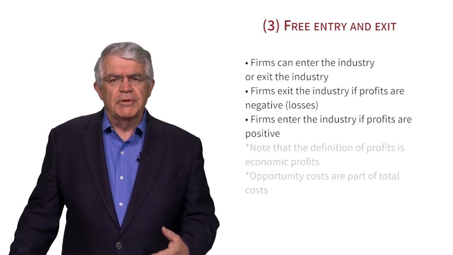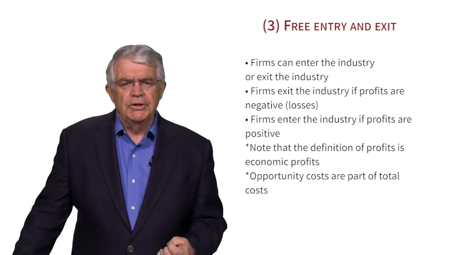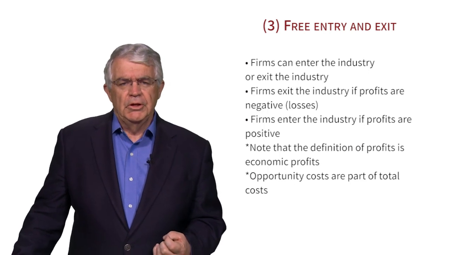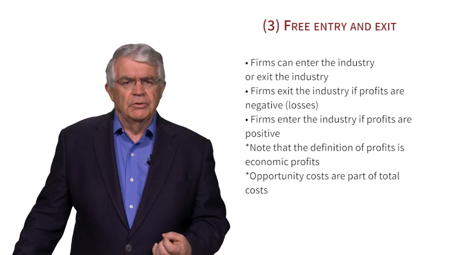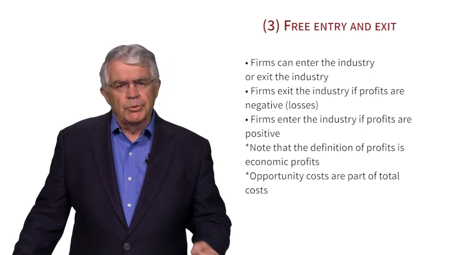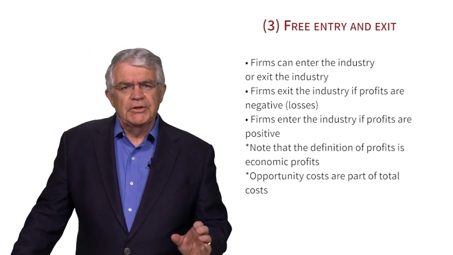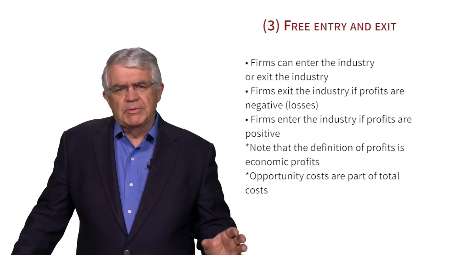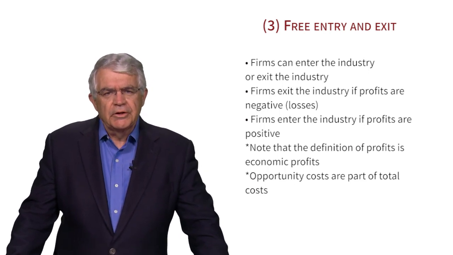And remember, when economists talk about profits, we mean economic profits. And when we compute economic profits, we've considered opportunity costs as part of total costs. And so the equilibrium of this is going to be zero economic profits. Accounting profits will be positive because when we take out opportunity costs, we get zero economic profits. So the concept here is this dynamic: firms entering when profits are expected to be positive, and leaving when profits are expected to be negative. So let's now go to town and make this little three-part model work.